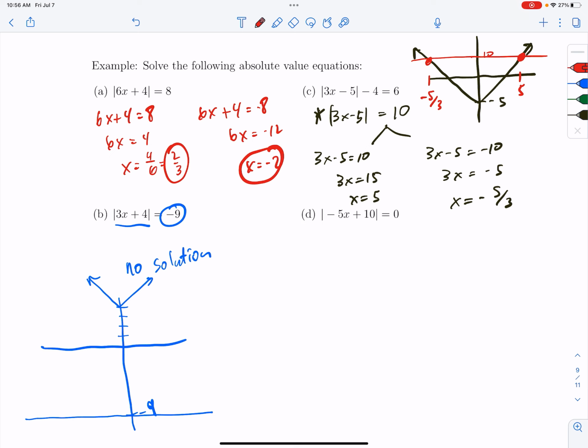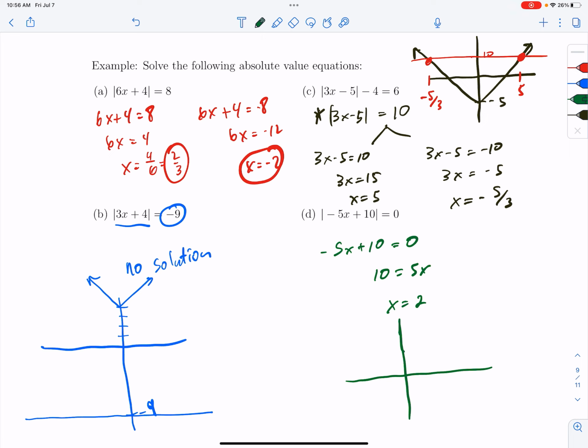All right, and then this last one, the absolute value of -5x plus 10 is equal to 0. So I don't split this into two equations because I can't take the positive or negative of 0. So I just set it equal to 0. 10 is going to be 5x here. X will be 2. And graphically,